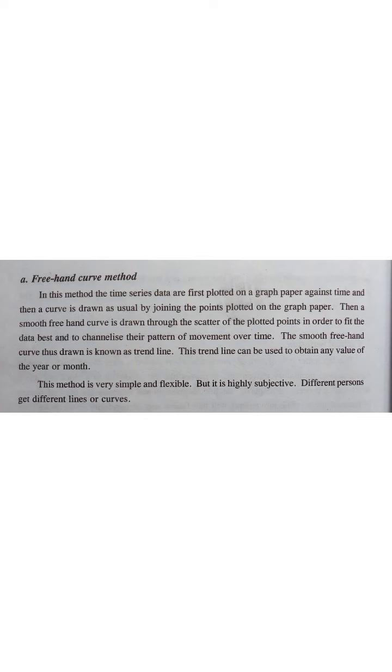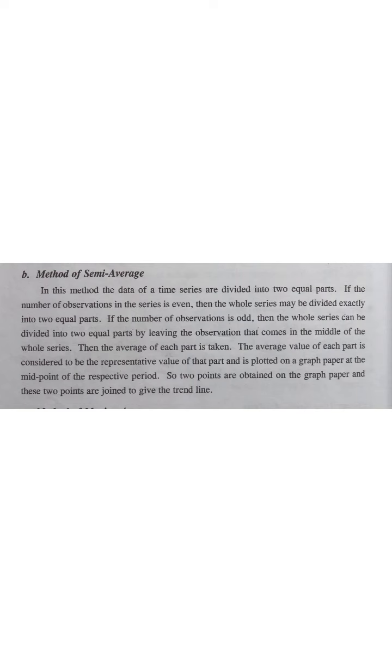So let me shortly make you understand what the freehand curve is, and the other two which are not much important. In the freehand curve method you are just going to plot a graph and scatter the points here and there, in a scattered model. The semi-average method is where semi means two, a division. So you are going to divide the time series into two equal parts by the number of observations. If it is even,